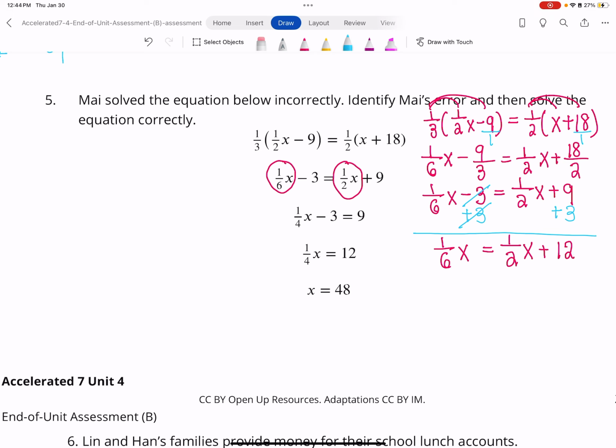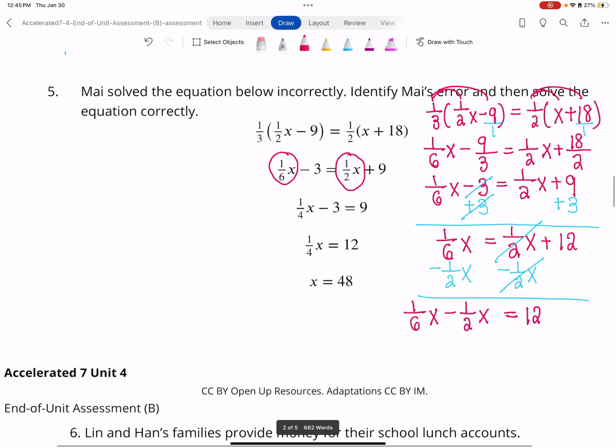And next, I am going to subtract 1/2x on both sides because I'm really looking forward to getting rid of that 1/2x. So now it crosses out on my right side, and we're left with 12 on the right side. And on the left side, I'm going to leave it as 1/6x minus 1/2x for now. And we're going to talk about finding a least common denominator,